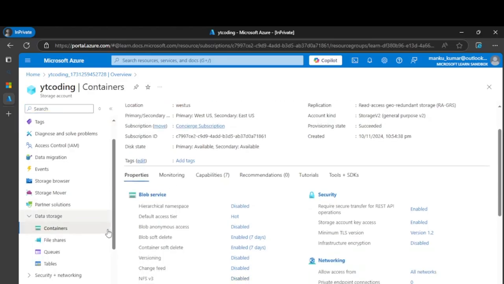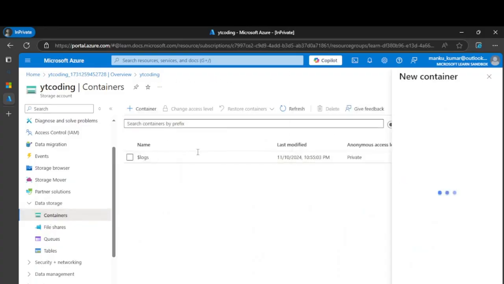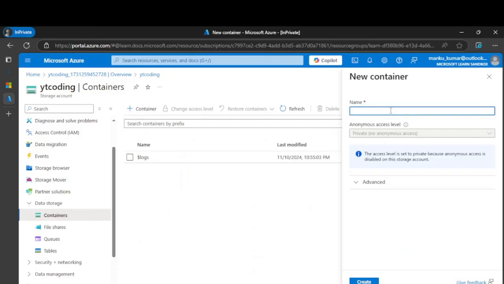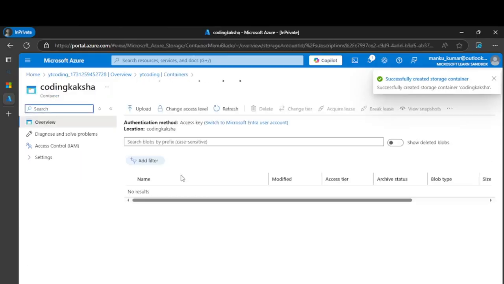So let's go to the blob services. We have containers. We can create different containers. Suppose I'm creating a coding container, and in that, as we have heard, in Databricks we used to create so many labels.